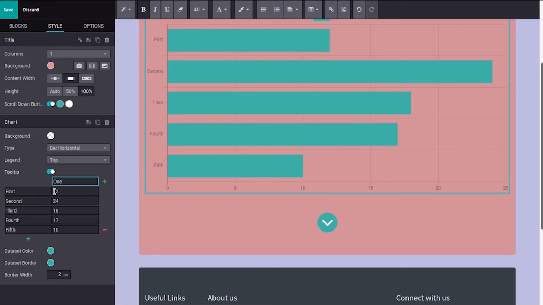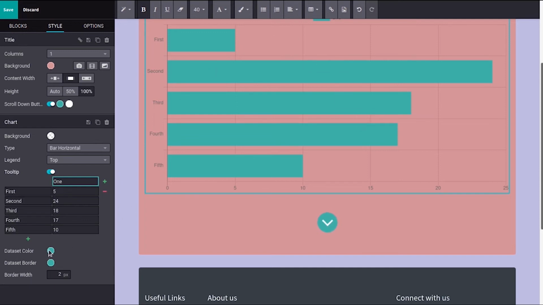Then you can set the size of each chart. Like for the first, if you set 10, you can set 5. You can see according to that value, the size height decreases.